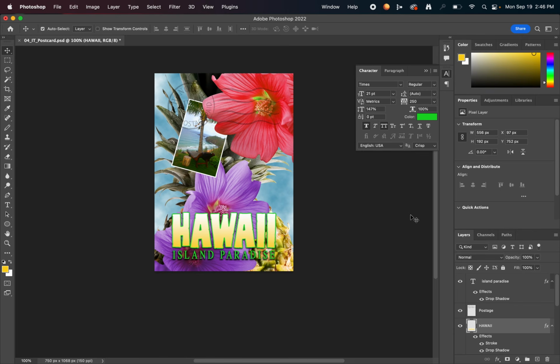And now we applied an additional effect. So now you'll see here you have a drop shadow as well as a stroke effect. We can turn it off and on so you can see the difference. And it's the exact same green, that way it matches. It's nice and cohesive. So we're going to Command